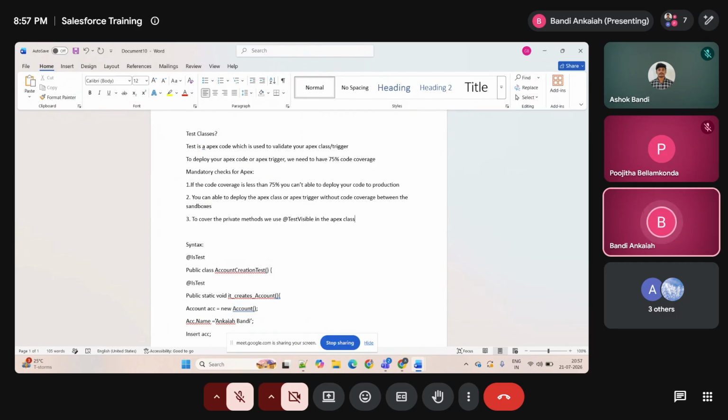So any class which has a private method, in order to cover that private method, we need to use @testVisible before that method, so that it will be covered. Private methods we cannot cover using a test class. Okay,